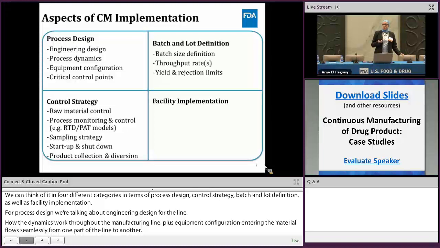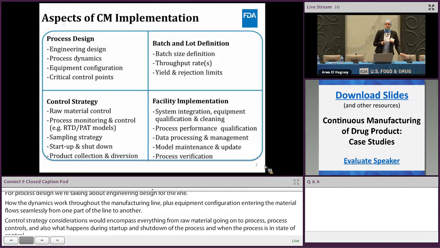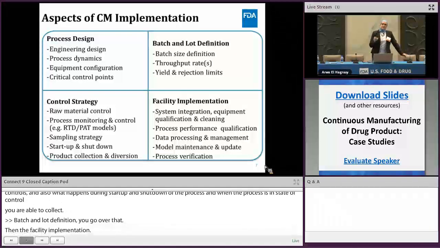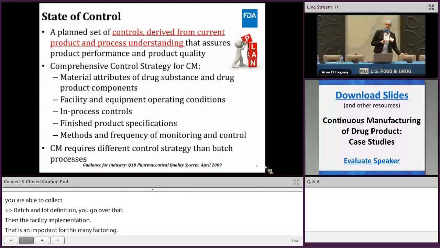Batch and lot definition, we'll go over that, and then also the facility implementation, because that's a very important aspect for continuous manufacturing. So I'll just leave it there, and then I'll be talking about some of those as I'm going through my slides. First, it's important to talk about the control strategy and what it means to have a